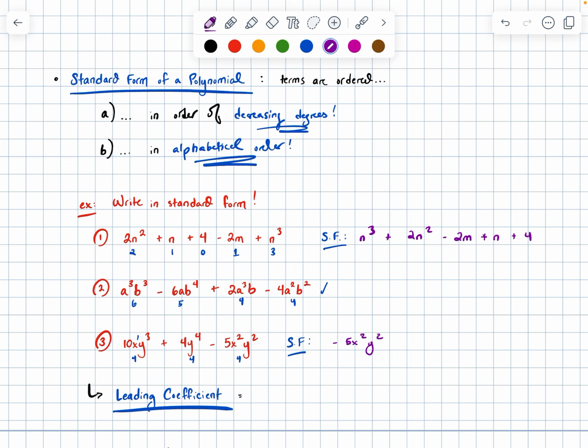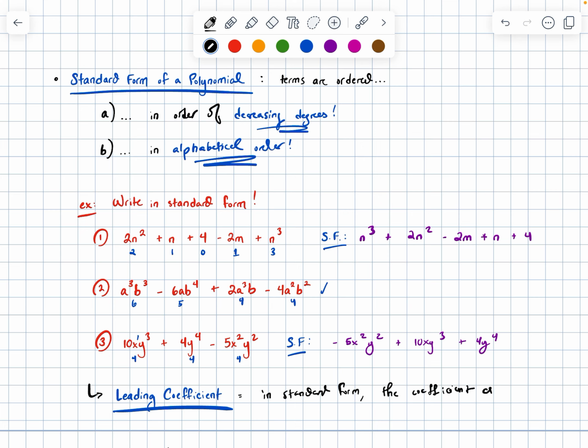So this would be negative 5 x squared y squared, followed by my 10xy to the third, and then at the end would be my term with just y's. So there's our standard form. And in standard form, we may also be asked to identify the leading coefficient of a polynomial. Well, leading usually just means at the front, and coefficient, of course, that's just the number attached to our variable. So we say that the leading coefficient in standard form is just going to be the coefficient